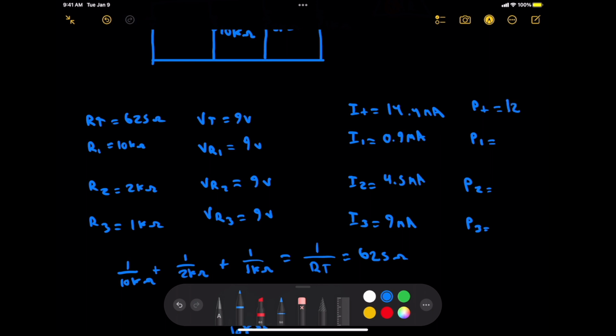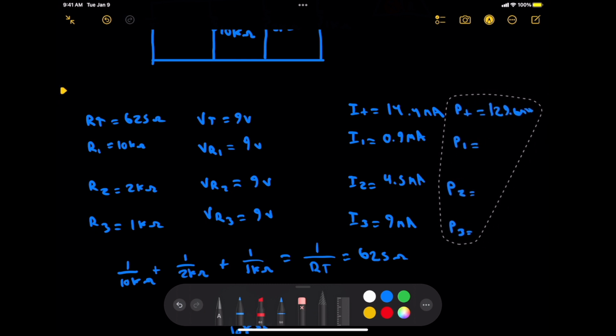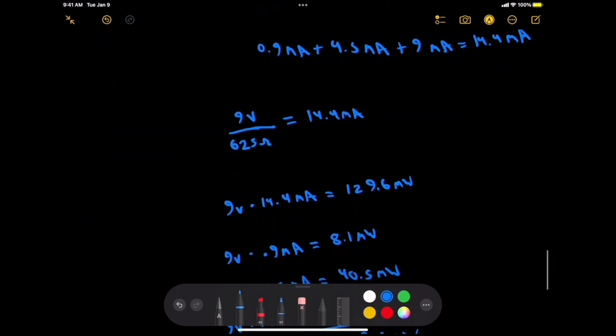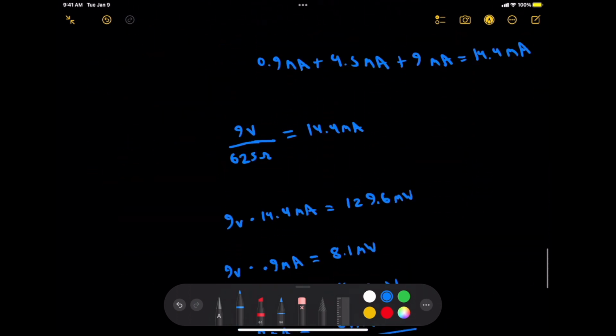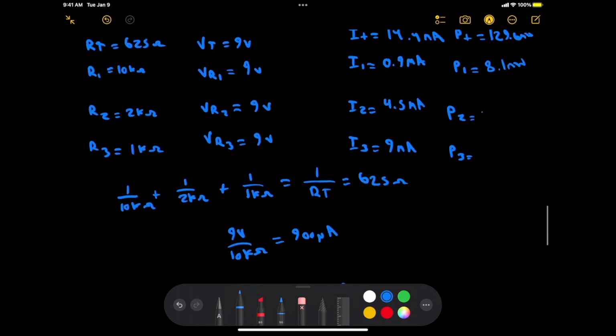Let me just write it down here, and that's going to be our answer. 129.6 milliwatts. And I don't care if you have the work anywhere, you always want to at least have it in your chart, because you can't be wrong unless you miscalculate. But you can't be wrong if you have it on the chart. So it's going to be 8.1 milliwatts, 40.5 milliwatts,